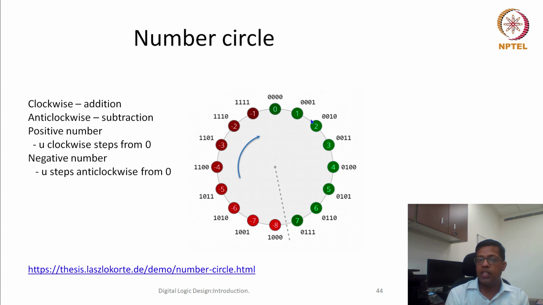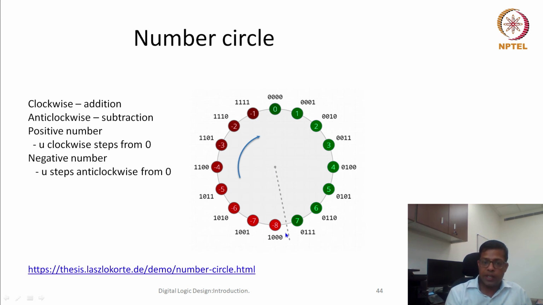If I put my numbers in this way, so far we are talking only in the decimal form. Along with the decimal form, we can look at the binary also. So 1 1 1 1, adding 1 will give me 0 0 0 0, and this addition is all correct. Adding 1 to 1100 will give me 1101. So again it's a natural representation: adding 1 in a clockwise direction is giving me correct results. And there is only one representation of 0.